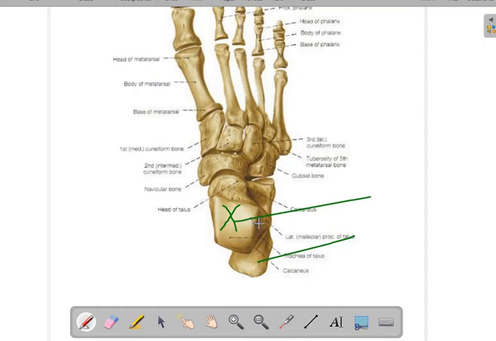And here is the articular surface for the lateral malleolus of the fibula, and here for the medial malleolus of the tibia, to grip the ankle joint,